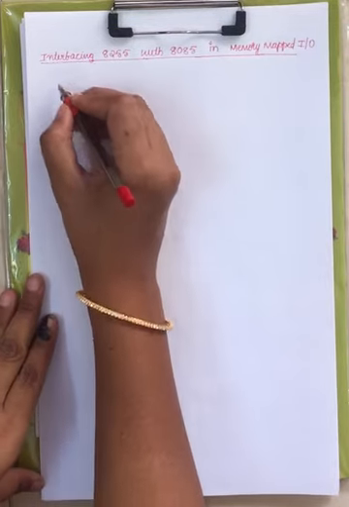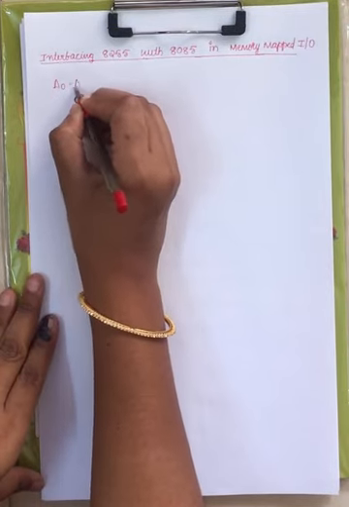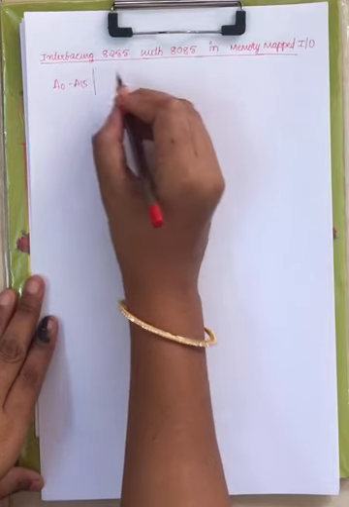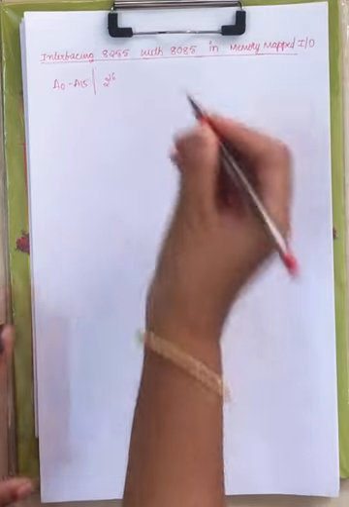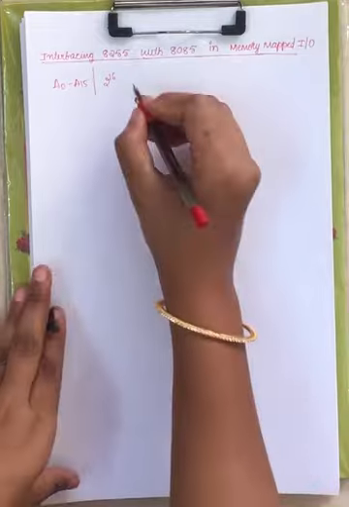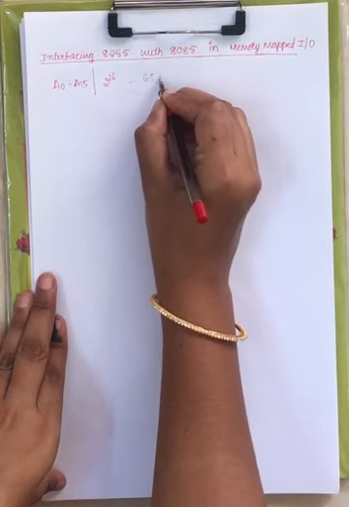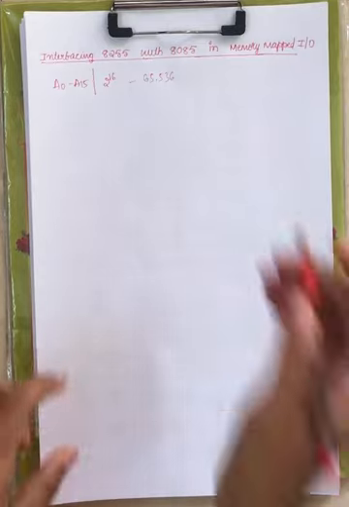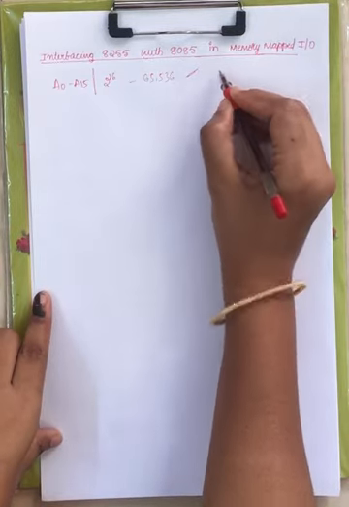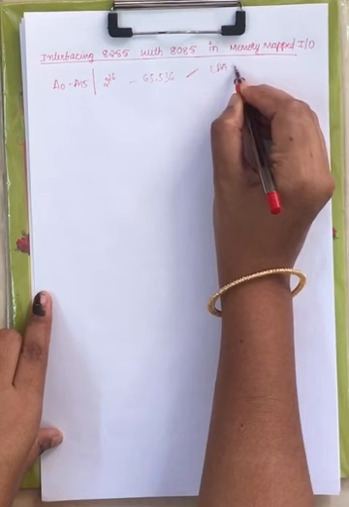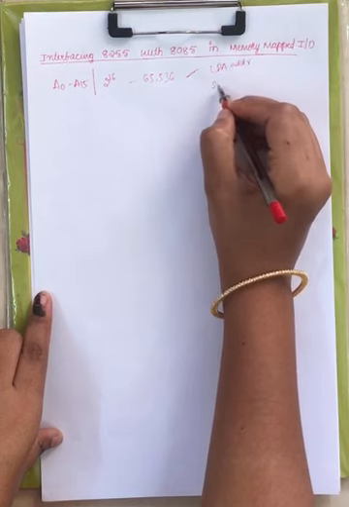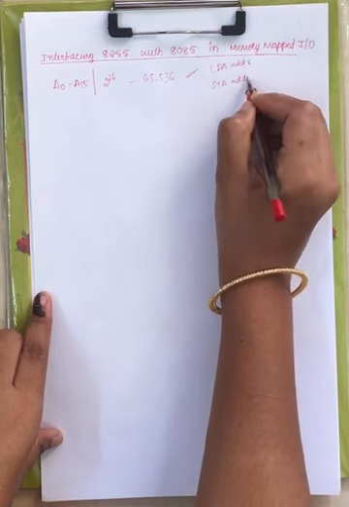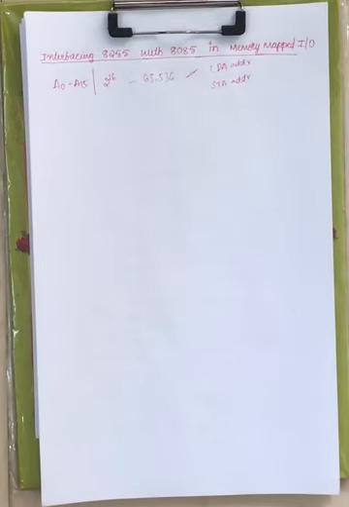Now how many address lines are used? 16. That is A0 to A15. That means 2 power 16 addresses can be generated, right? Now 2 power 16 value is nothing but 65,536 IO devices can be addressed, right? Now in this particular memory mapped IO we are using LDA address instruction in order to read the data and STA address instruction in order to write the data, right?